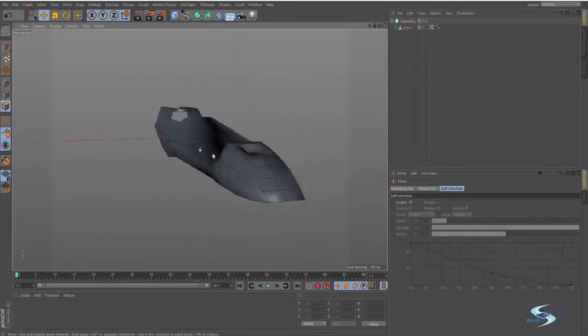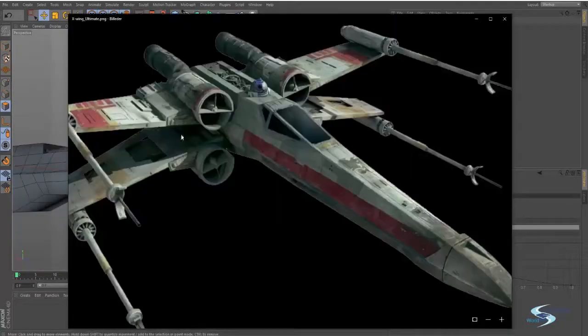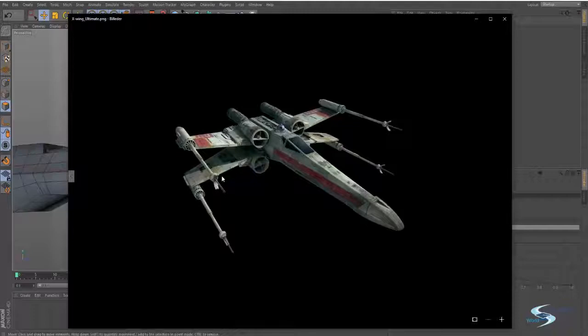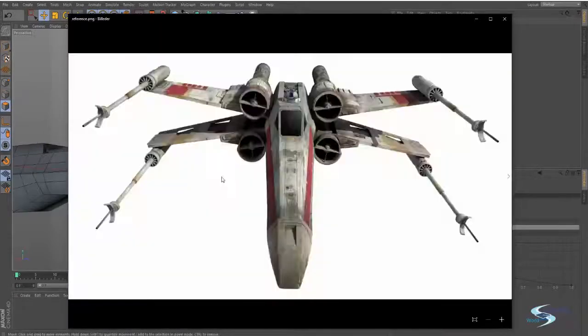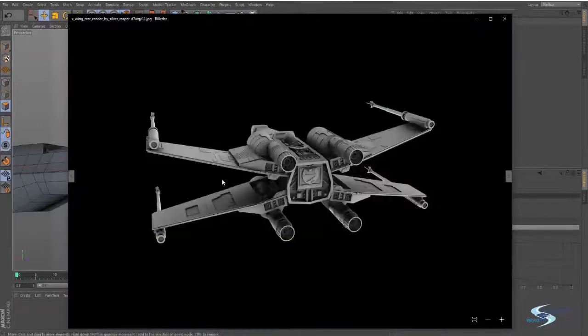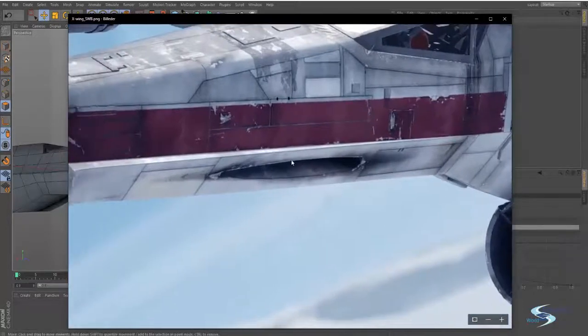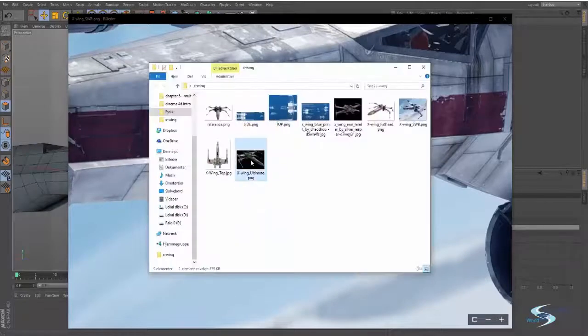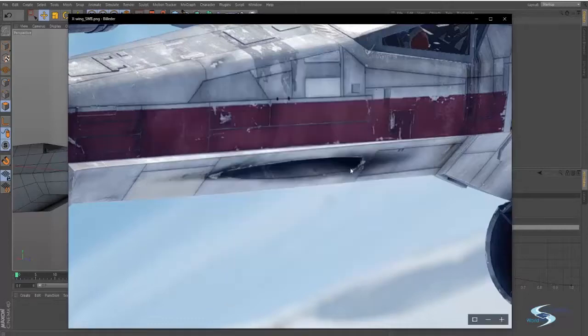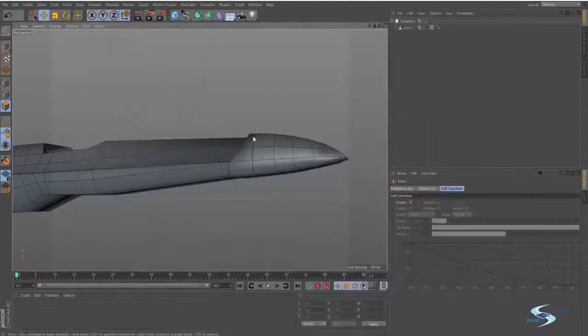One last thing that I think we can do is create the gun holes that are on this model. If we look at, where is it? This image looks quite alright. You can see we've got a long hole here on the side. I thought I had a better picture of it. As you can see, we've got this hole on the side, and we want to create this. So